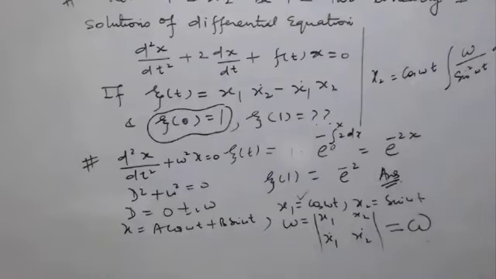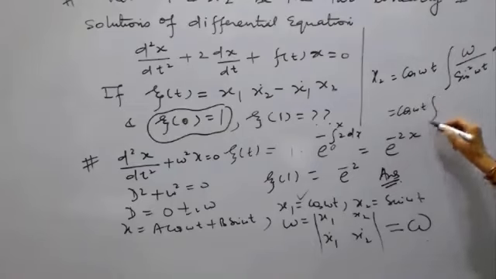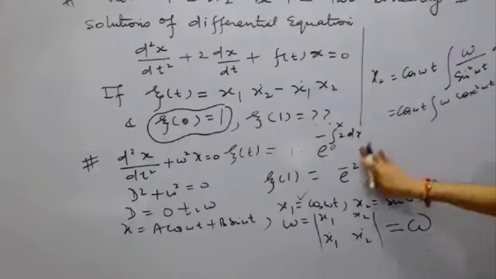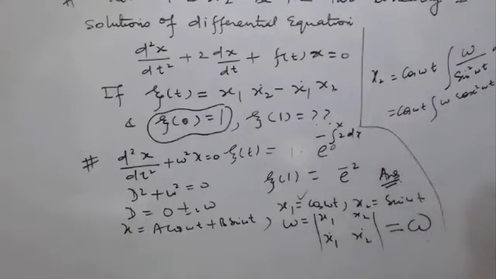Correct? So this will become cos omega t into integral cosec square omega t dt. And what is the integral of cosec square? Cot x. Cot